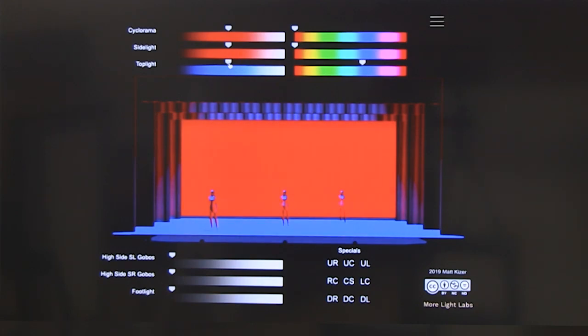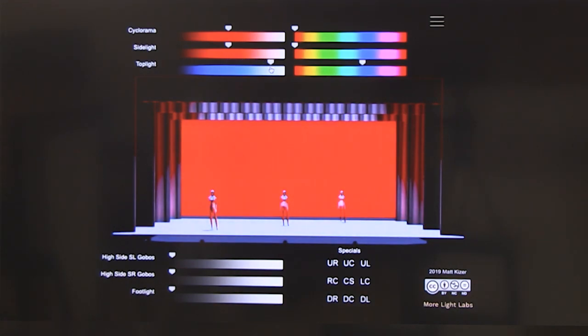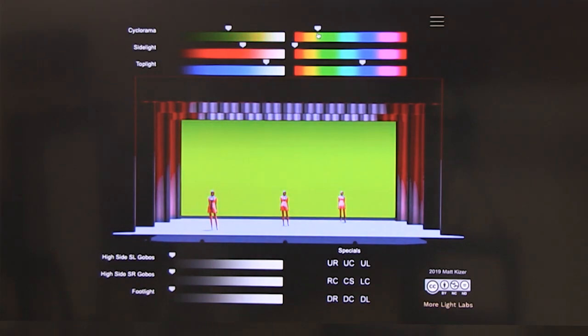Sure. And that top light on the right-hand side, if you wanted to brighten that up, you've got your hue there. You could move that off of the bluish side more to the white, with this bar here to the left. And that just increases the amount of light? It increases the hue. Okay, I see it. We've got some side lights there as well, and you can just adjust things. You can see how the shadows are working, where the actors are placed on the stage. And if we wanted to have white back on the cyc there.